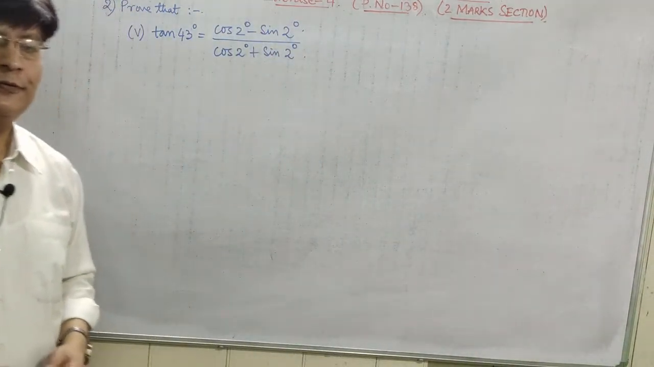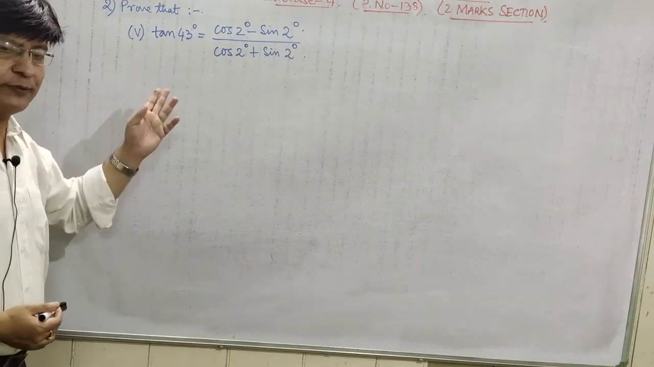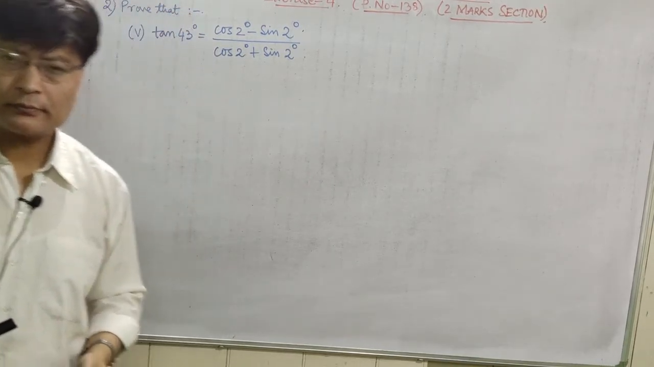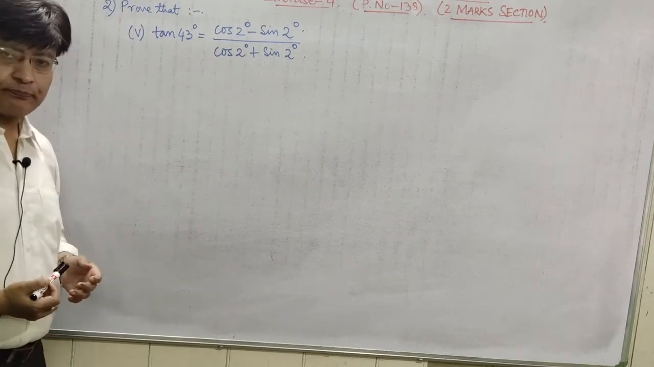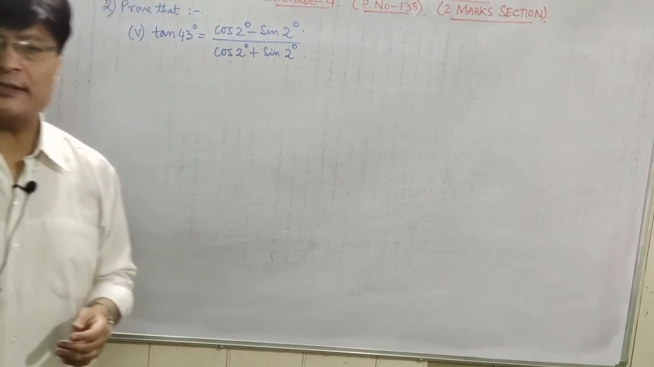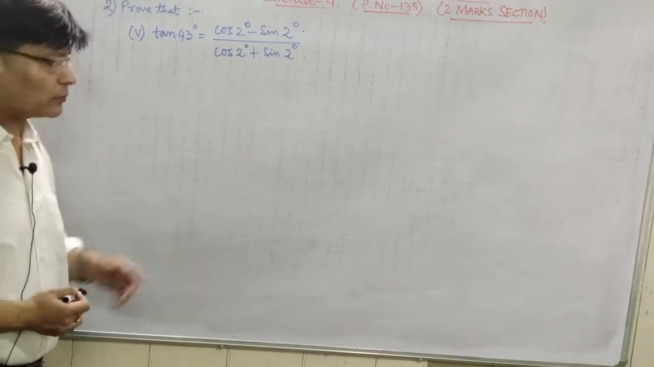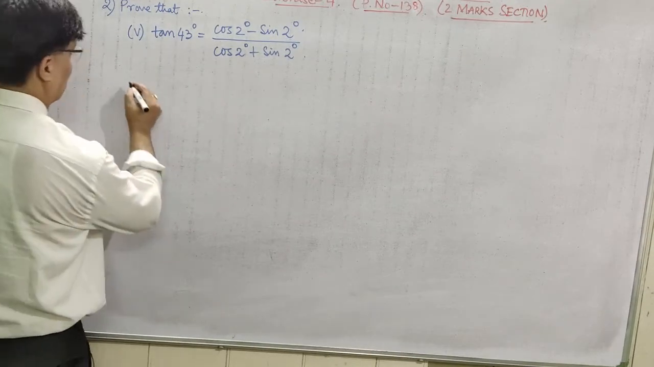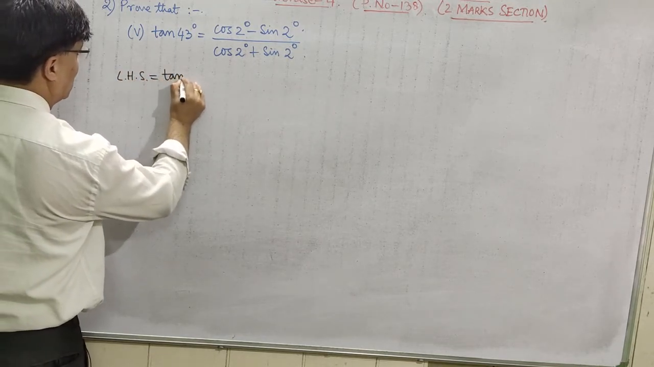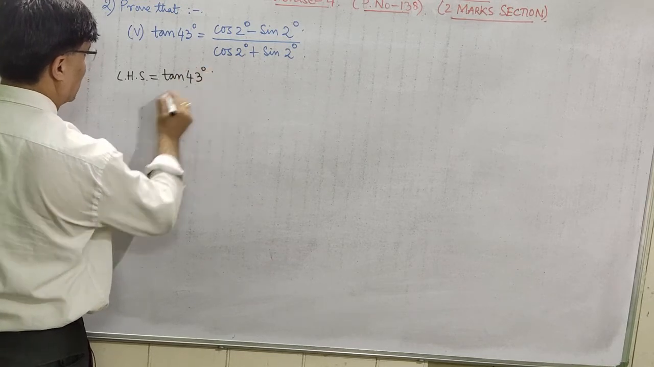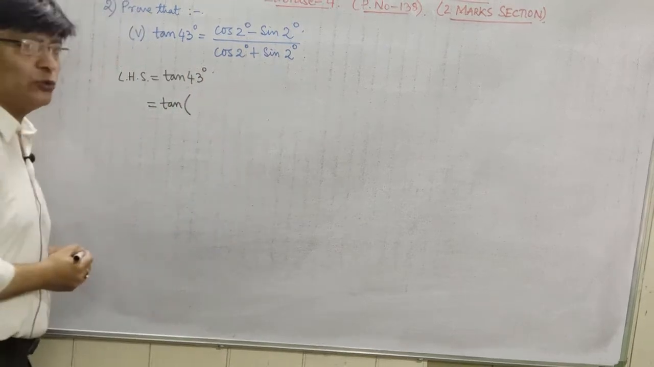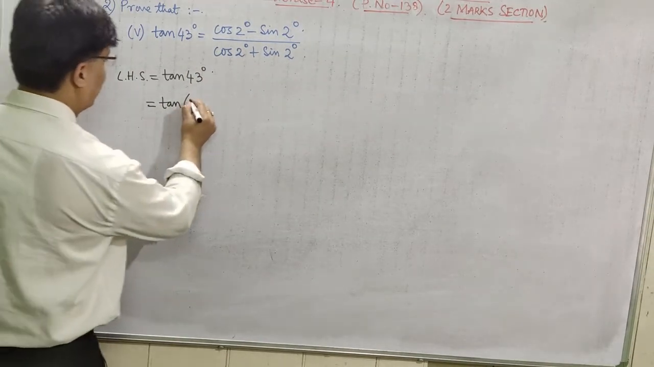So now we will prove question number 5, that is 2 number 5. We have to prove that this LHS is equal to RHS. That is, you have to prove that tan 43 degree is equal to cos 2 degree minus sin 2 degree divided by cos 2 degree plus sin 2 degree. So let us write here LHS. LHS is equal to tan 43 degree. This 43 degree can be written in terms of 2 degree by writing it as 45 degree